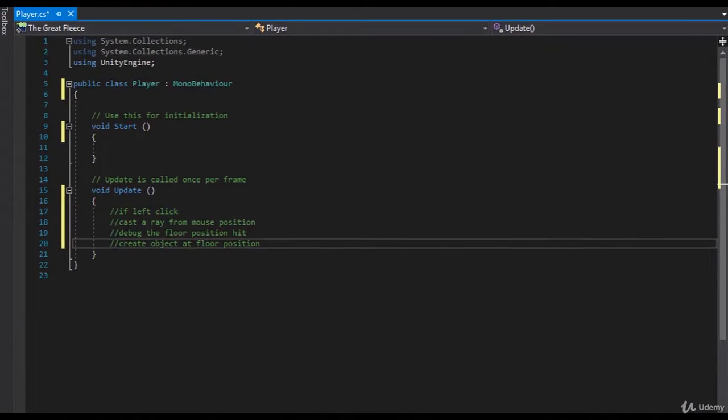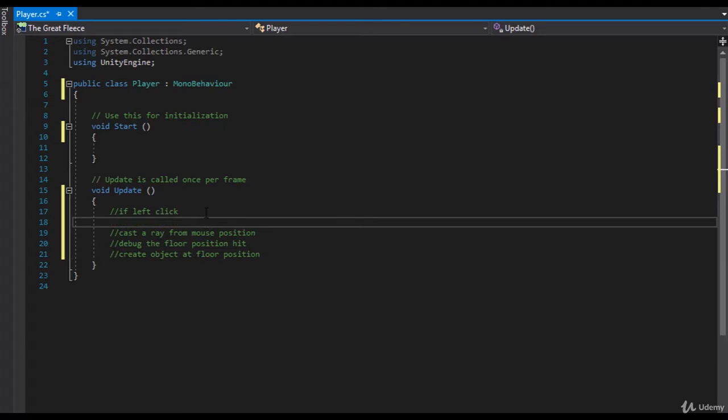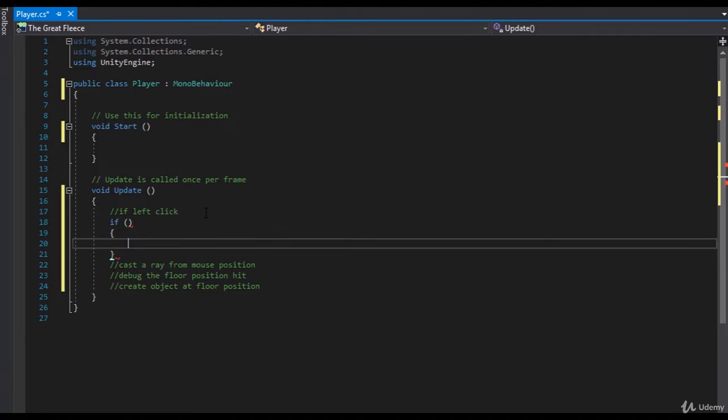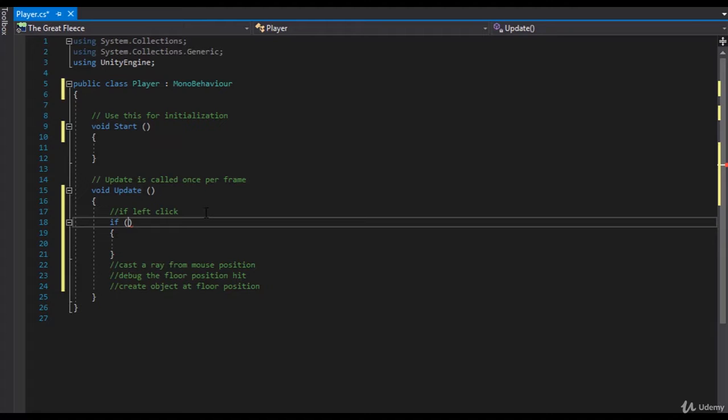In this challenge review, we're going to look at how I would solve the point-and-click character controller. So looking at our pseudocode, the first thing we have here is if we left-click. So that's a simple if statement. And if we left-click, so we do